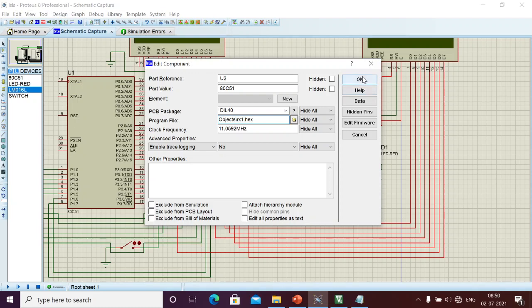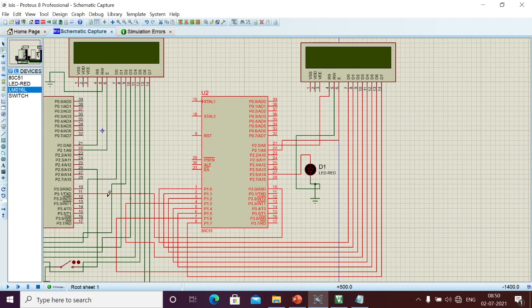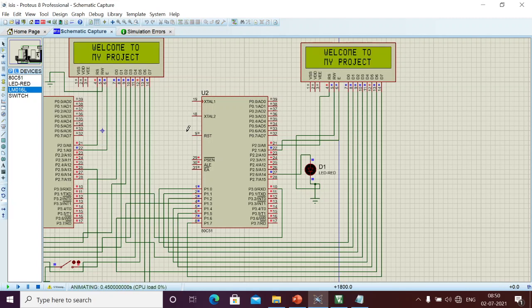Right now we'll try to check whether if I press the switch, I should send from here character A. Here I should receive the character A. When I receive character A, I should turn on the LED. The same program we were written in the Keil, and we are going to validate the same use case. Here the switch is open, and here I turn off the LED. See here, switch is not pressed, switch is open, and here LED is off. If I press this switch, now I should turn on the LED. Here see, status is LED on. Here see, switch is pressed.